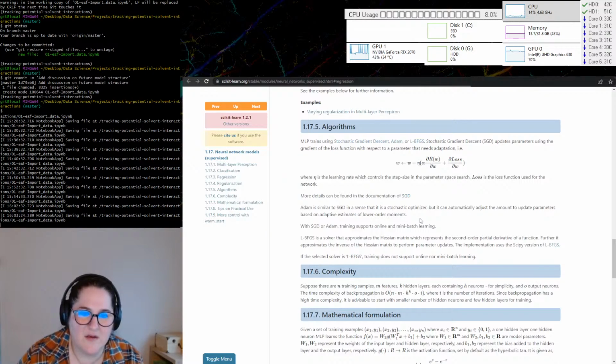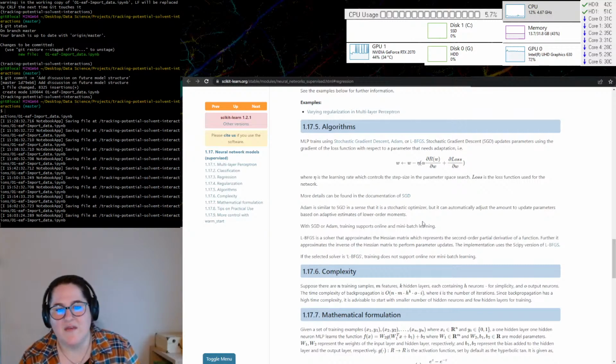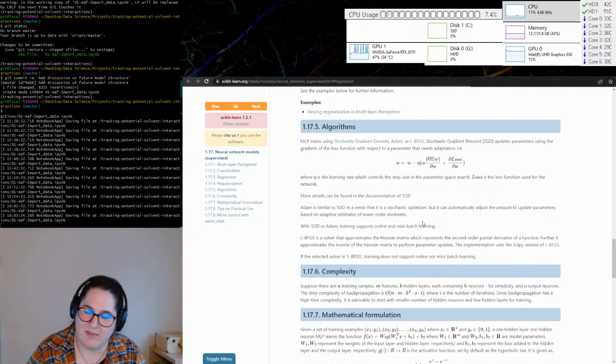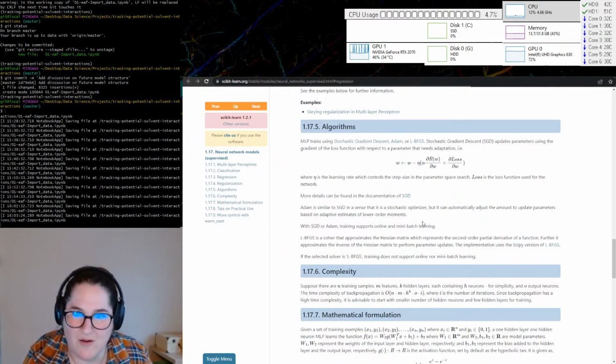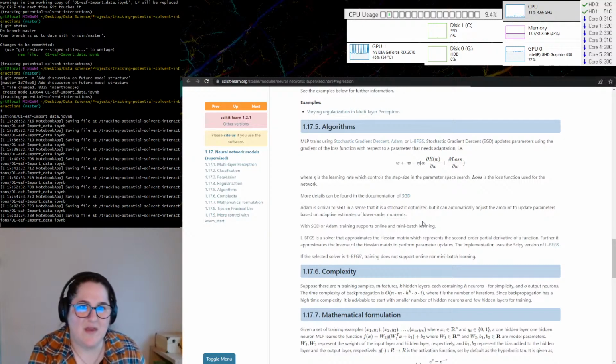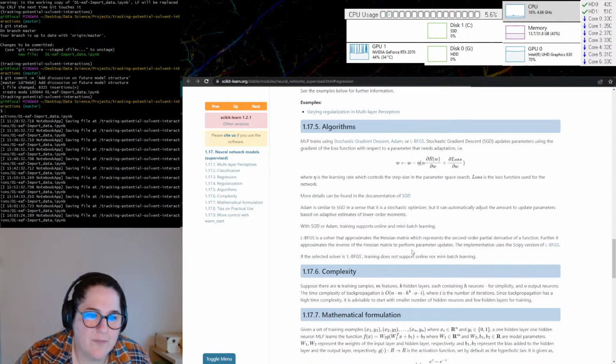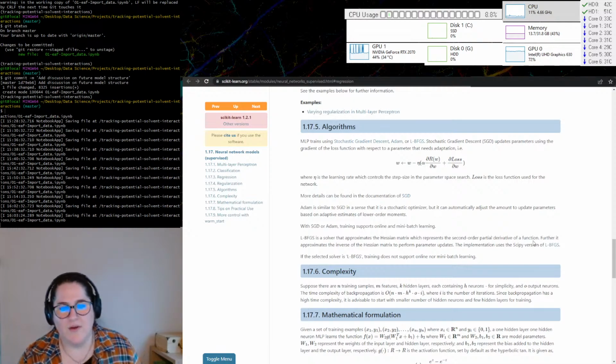in that it has a stochastic optimizer, which means it goes stepwise, but it can automatically adjust the amount to update based on adaptive estimates of lower order moments. So basically what that means is if something is happening a less amount of time and it has little impact, then it's going to move strongly away from that. So it kind of throws something in that's kind of random, and then it'll move from there. It's a solver that approximates the Hessian matrix, which is not a math word we've seen before, which represents the second order partial derivative of a function. Okay, so